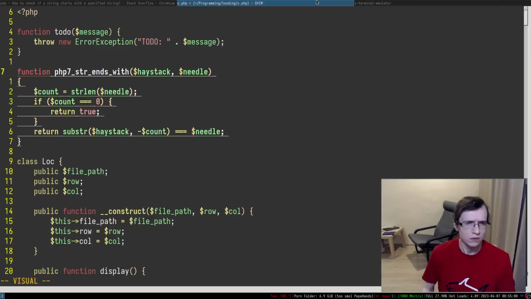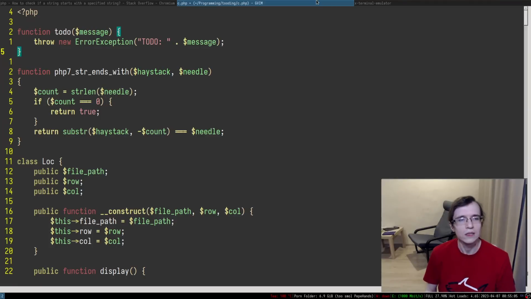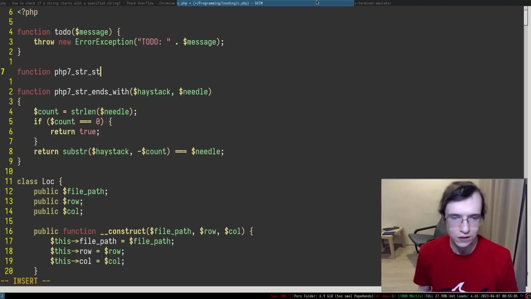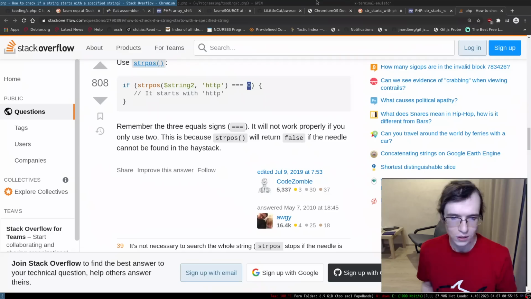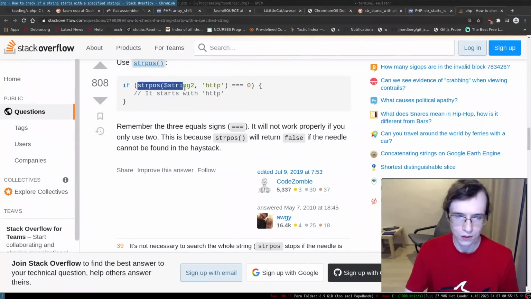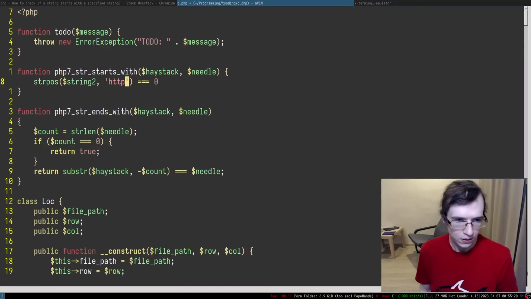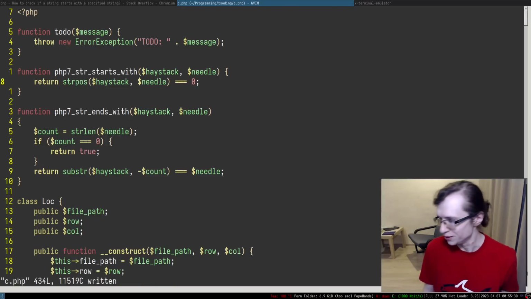Okay, I'm going to do PHP 7 str starts with. We're going to have a haystack and needle, and I'm simply going to take that stuff. So, the polyfill.